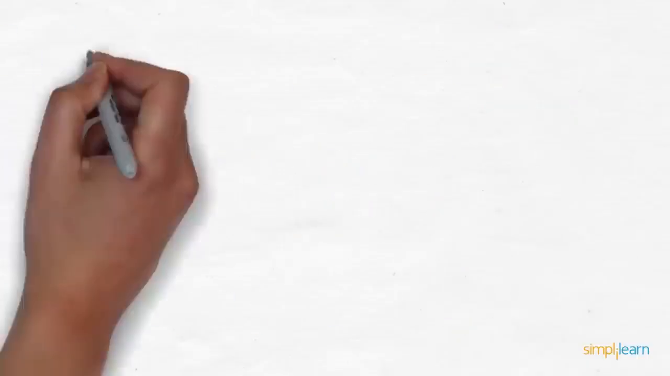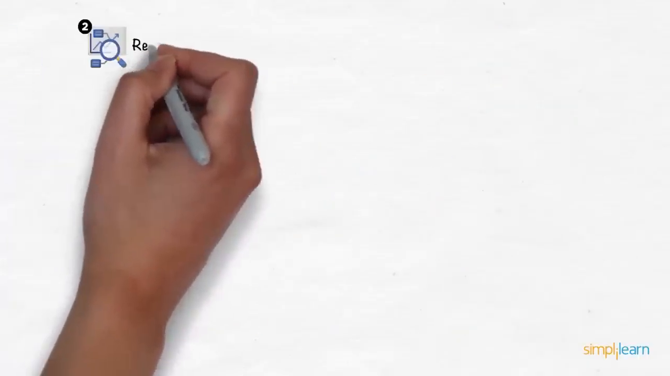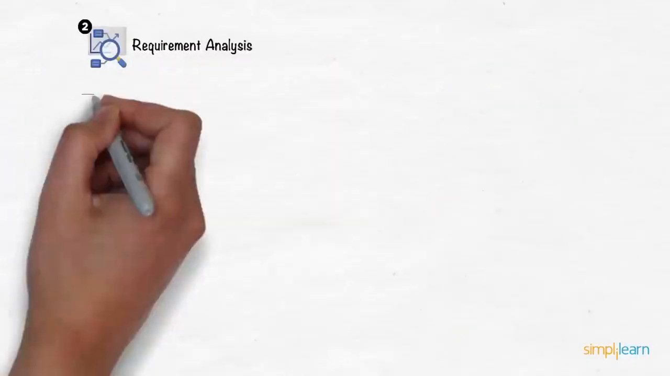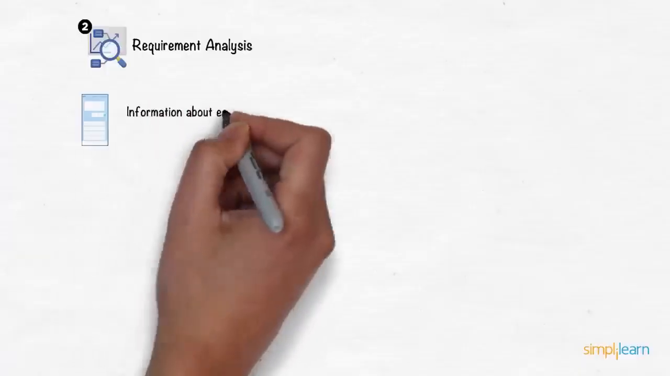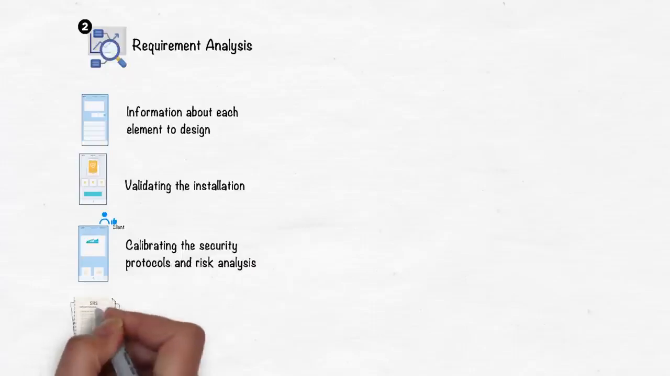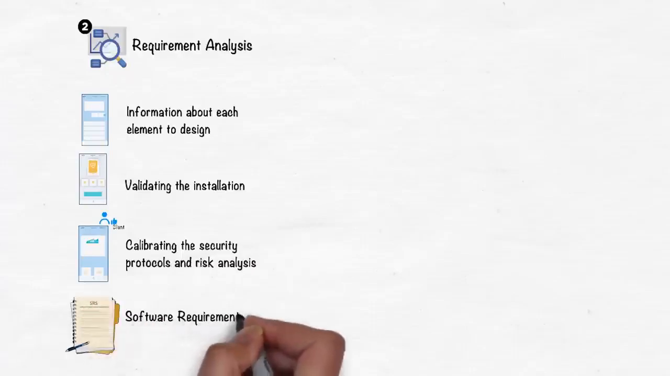The development moves on to the second stage, the requirement analysis phase, which includes the detailed information about each element to design the software is discussed, validating the installation of elements in the application according to the client's requirements, calibrating the security protocols, and performing risk analysis for the software application. And all the discussed details are then to be filed in the Software Requirement Specification document, also known as the